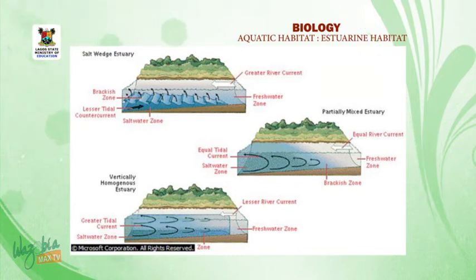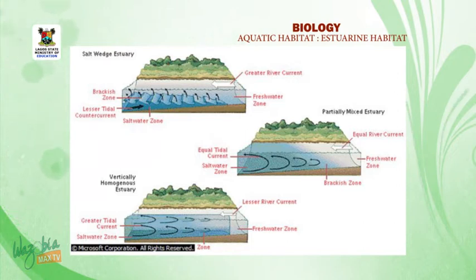Salt wedge estuaries, such as the Mississippi Delta, exist where the river current exceeds the tidal current. Then equal river and tidal currents, such as those in the Chesapeake Bay, create a partially mixed estuarine, which is